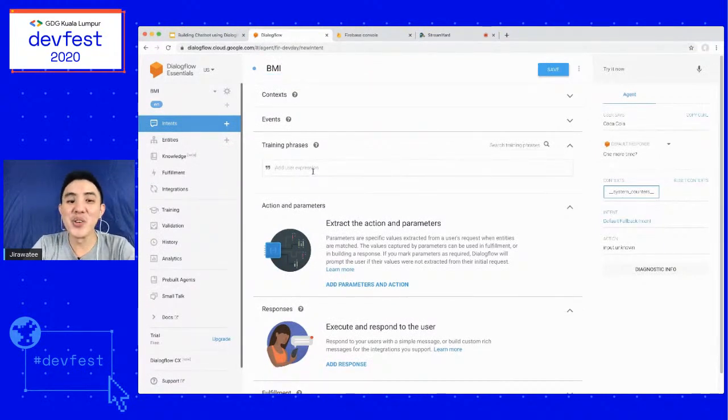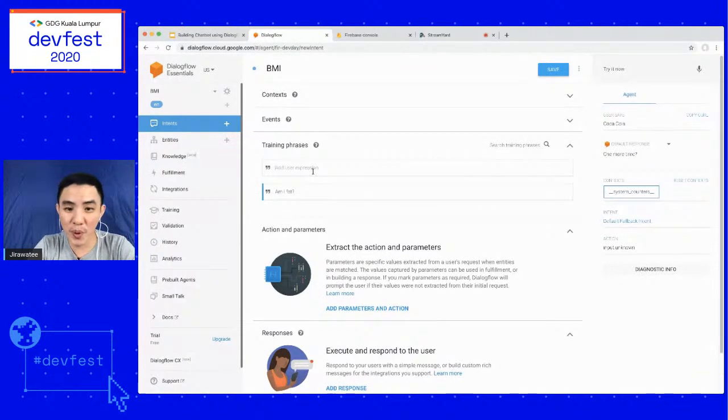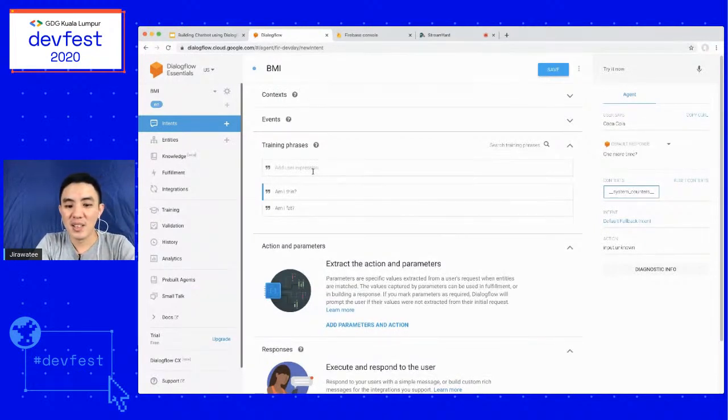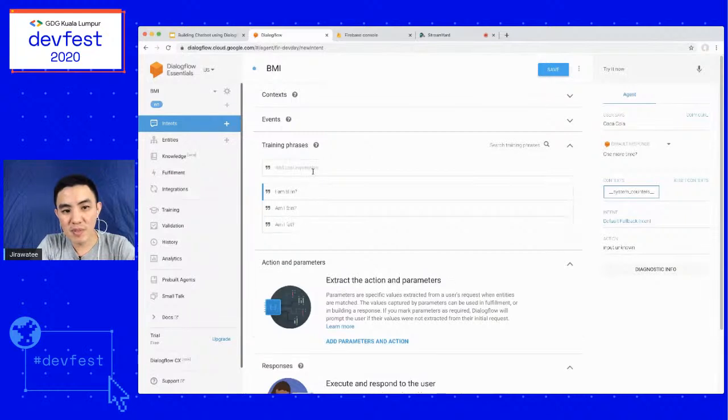Right now, imagine what sentences people will type about the BMI. For me, let me try: am I fat? Maybe people will ask their chatbot, am I fat? Or am I thin? I am slim, for example. So like I told you before, you can add your sentences here, up to 2,000 messages